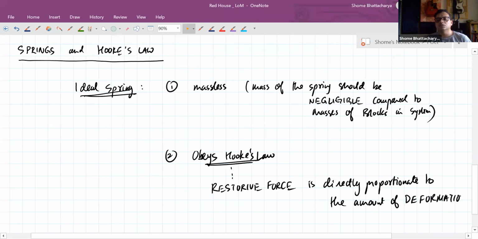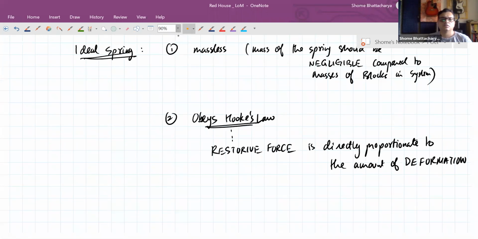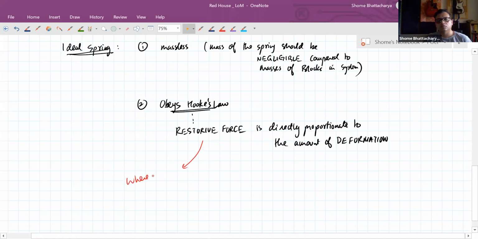I'll explain what these two terms mean. Basically, whenever a spring is deformed, by deformed we mean either it is compressed or extended,